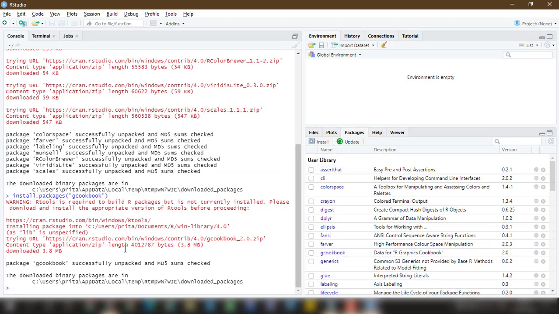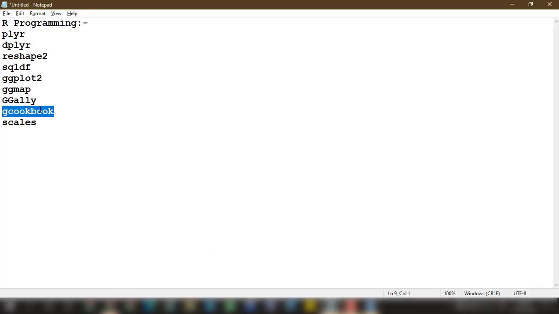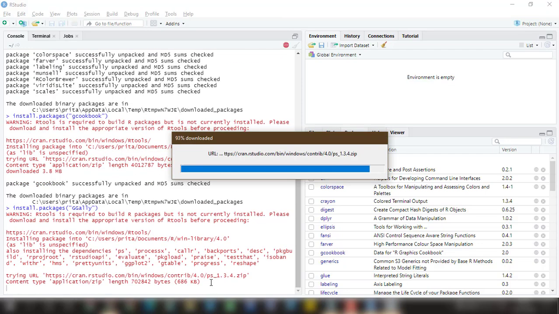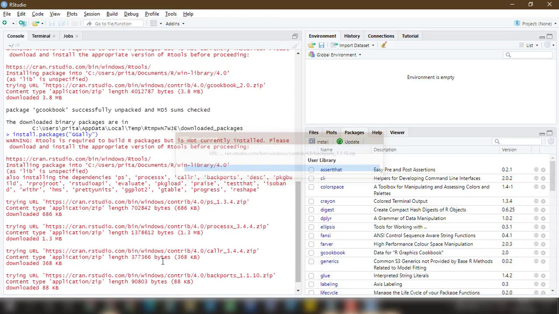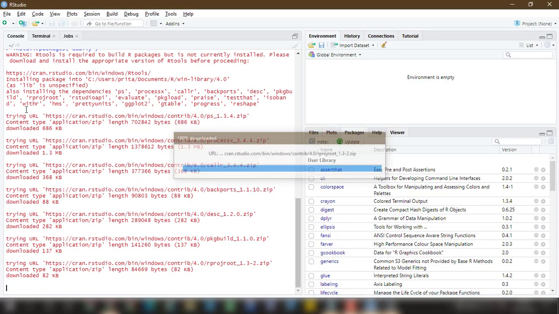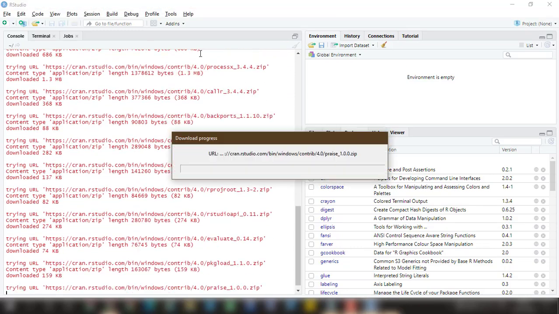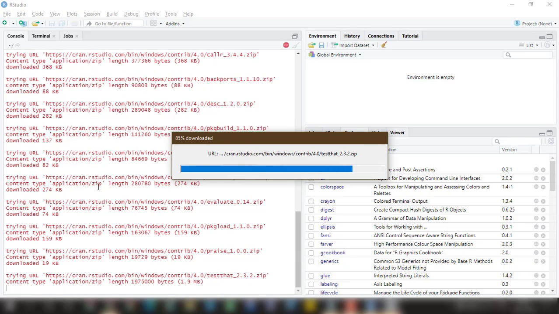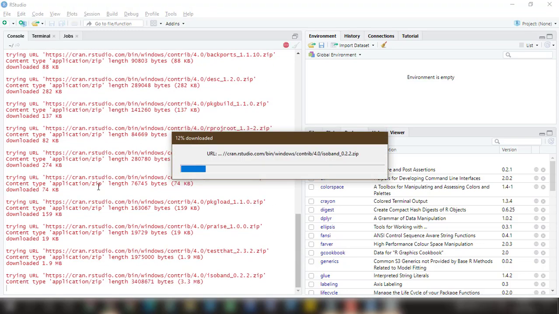So let me install another one, this one. You can see here also what things are going to be downloaded; all the things are written here. So you can install by this way also, by the graphical method, the GUI method, or by the command method.